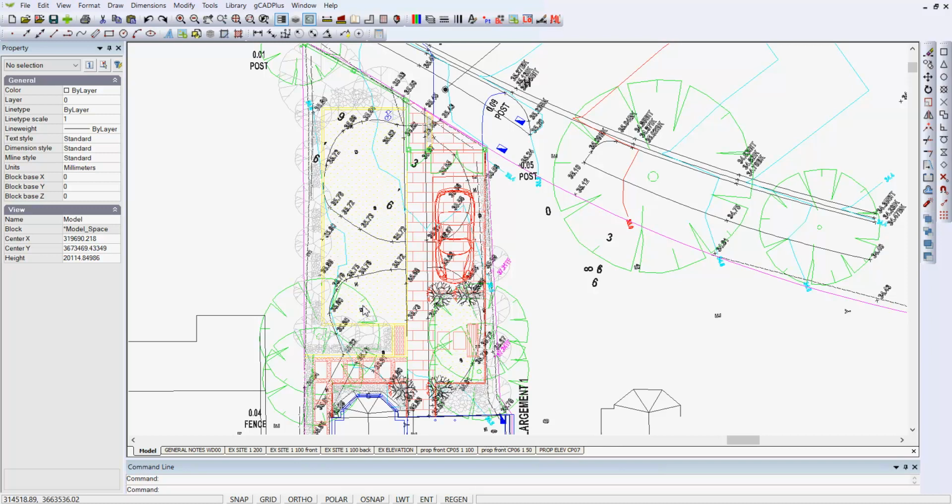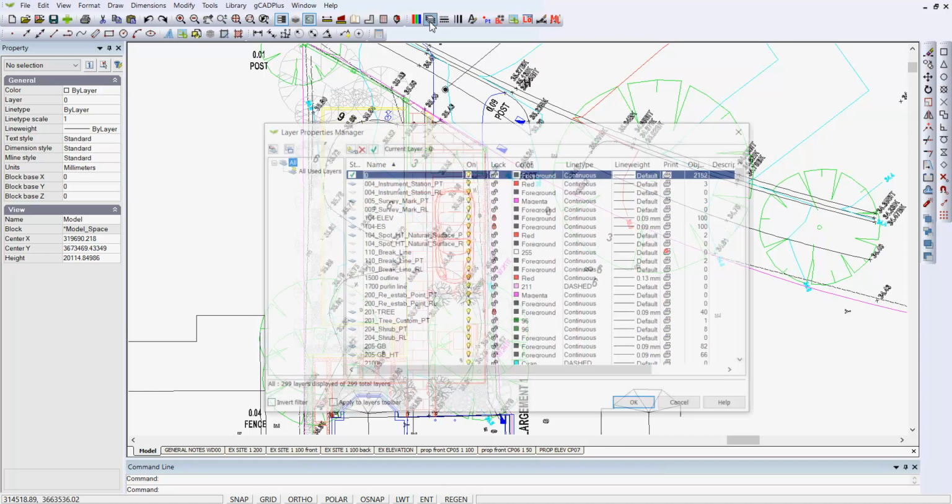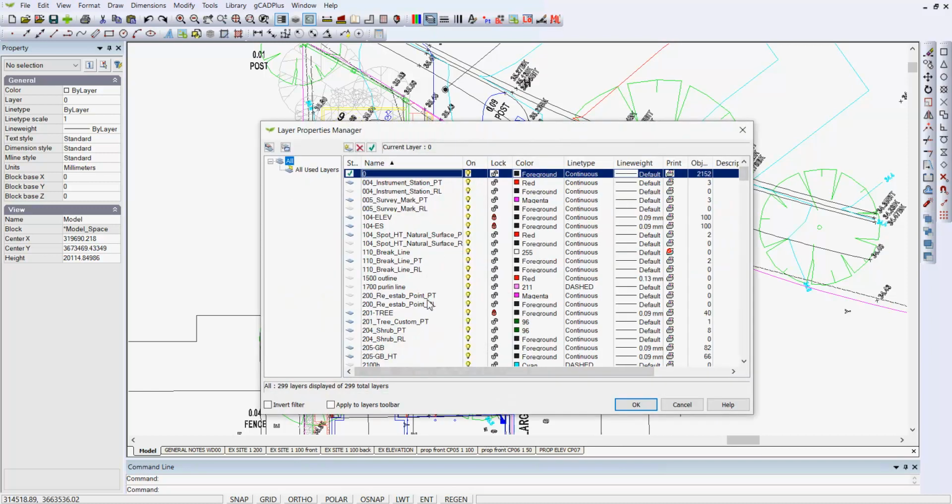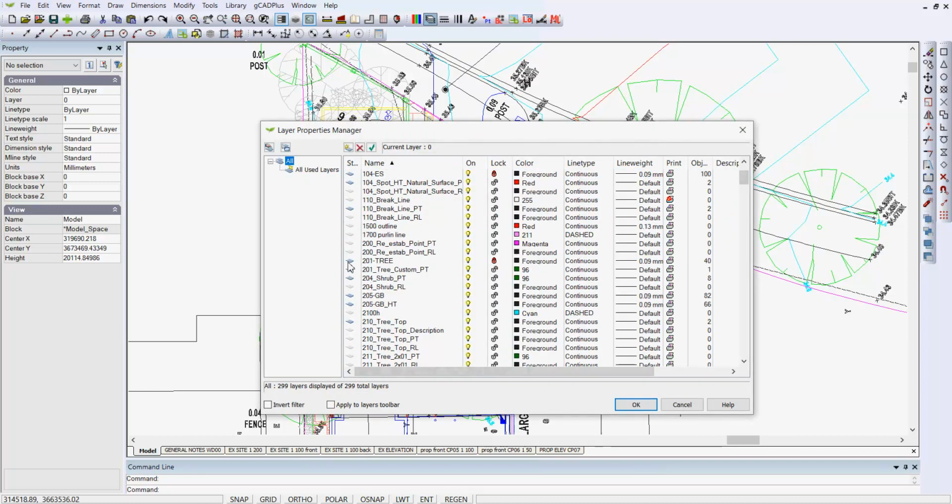If you look at the drawing, the first thing I would do is notice there's a lot of information here that we would want to hide, and the way to hide that is to find the layer that it's on and then turn off that particular layer. But here, if I click on the Layers tab and scroll down, can you see the blue